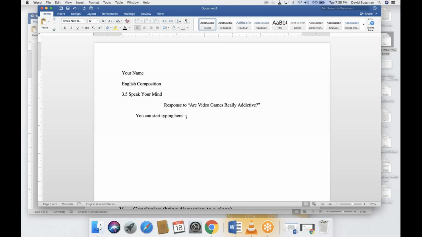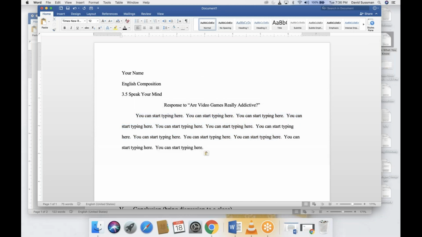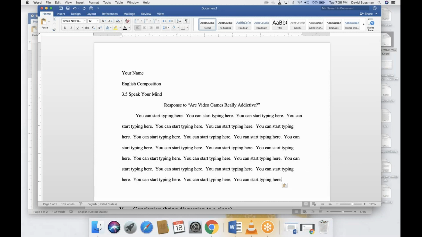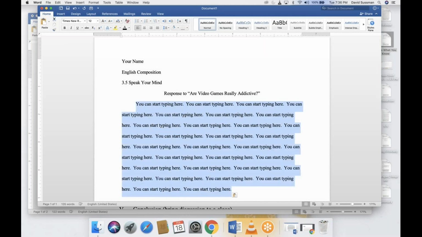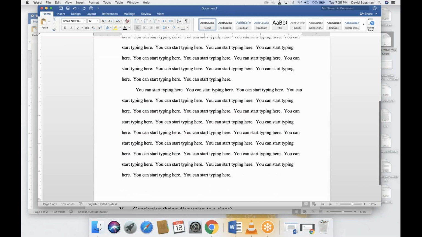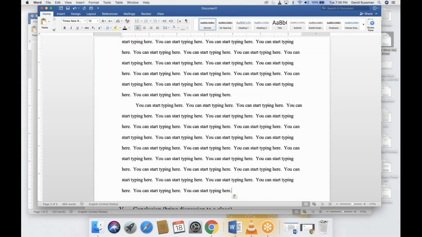Remember, I did this in week 1. So let me fill up a bunch more space, and then we're going to incorporate a quote. Okay, let me grab all that and keep copying even more. When you get to a period, you hit your space bar twice. 1, 2, 1, 2, 1, 2. Okay, now let me just copy all of this to pretend that we got a whole bunch of paragraphs. And remember, when you get to the end of a paragraph, you hit enter just once, indent with the tab key, and keep going. Enter, indent, keep going. Enter, tab, keep going.